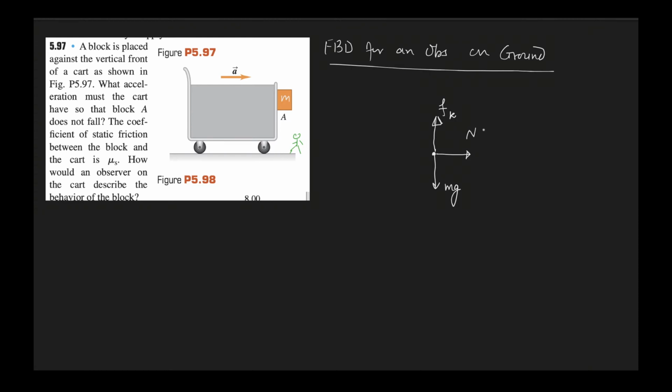Remember, the system needs to accelerate in this direction. So now you have a straightforward situation. This is upward, this is downward, but up and down there is no acceleration. So f of k must balance mg, remember, but f is also equal to the friction coefficient times the normal reaction. So the normal reaction is mu times,